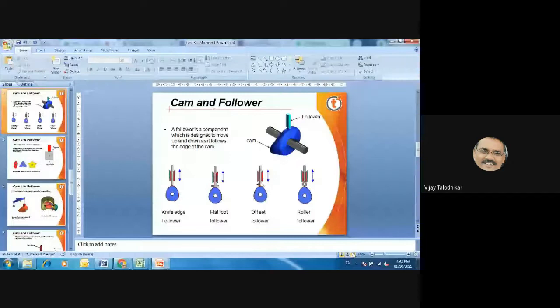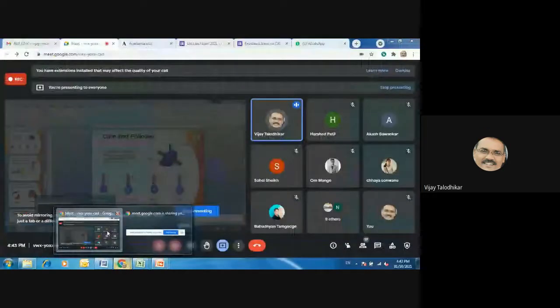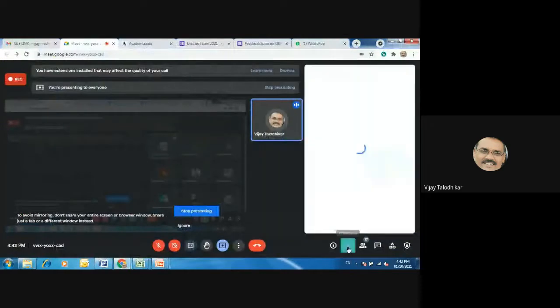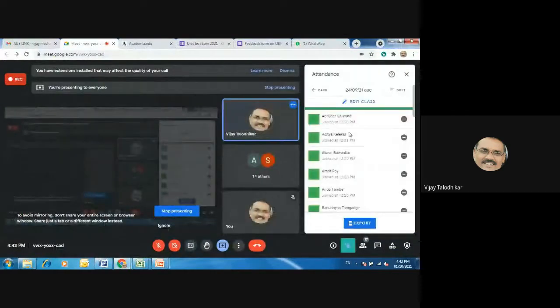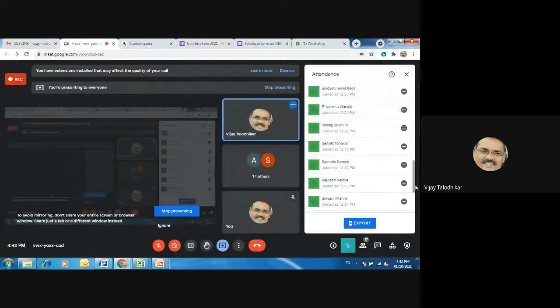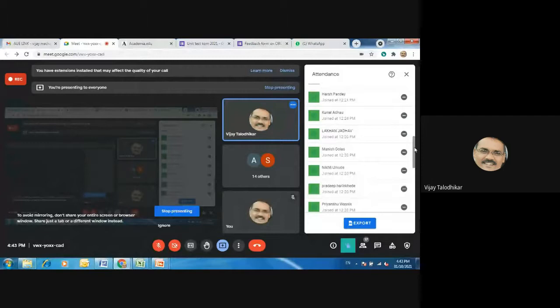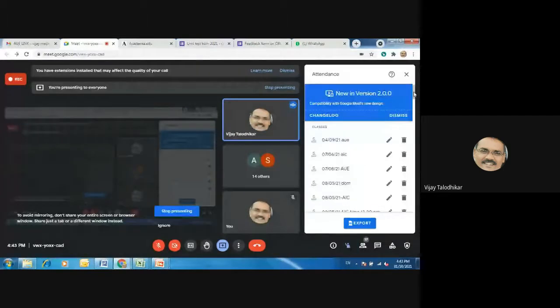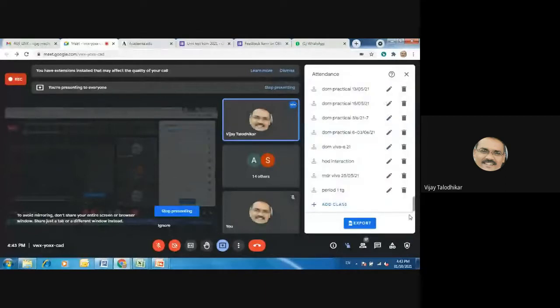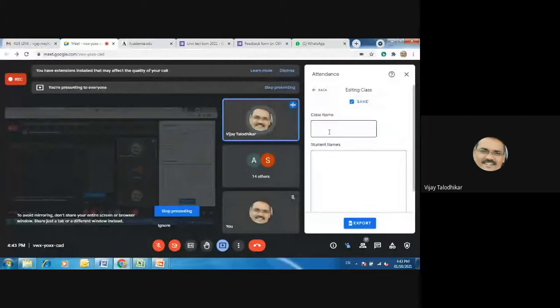Why and how can these followers be used, and where? That is the main question that arises. Once you know that the cam follower mechanism is used, the first question that arises is which cam follower mechanism has to be used and where, with what size and shape. That is the main question.